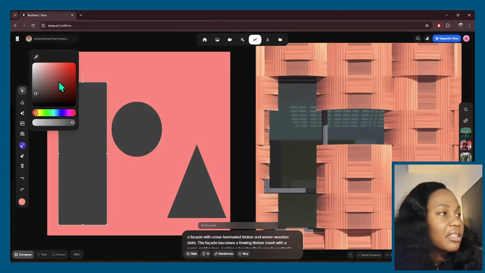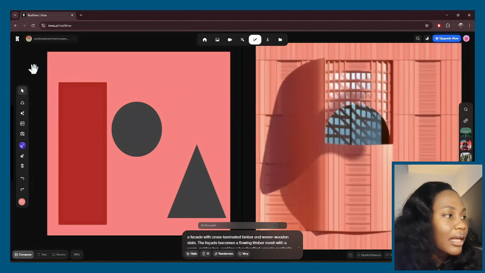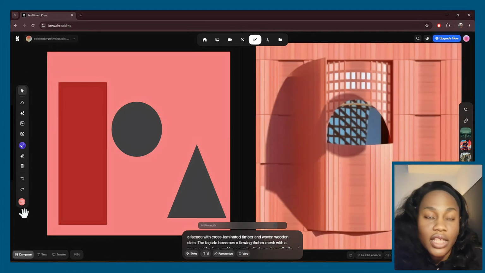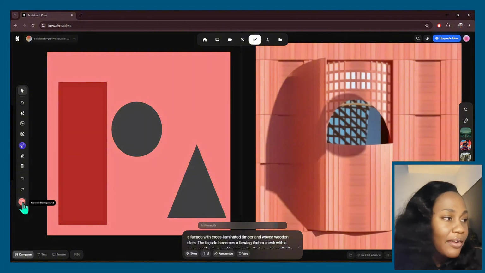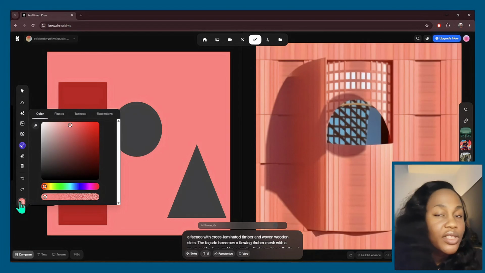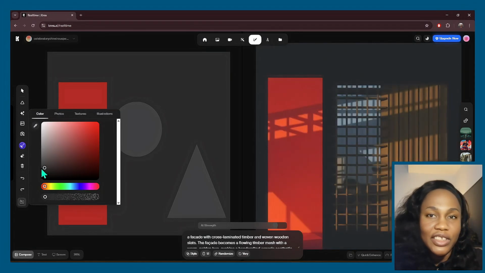So I'll make it red, for example, and you see that immediately changes the generation. I'm also going to make the background black because I don't think that we're getting the most that we can using this pink background. So to do that, I'll click on Canvas background at the bottom here. It's the last icon on the menu. And here you see the colors that we have for the background. And I'm going to change it to a bit of a gray, and immediately you see that that impacts the